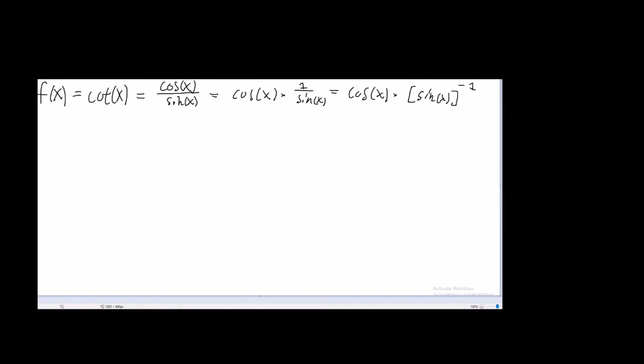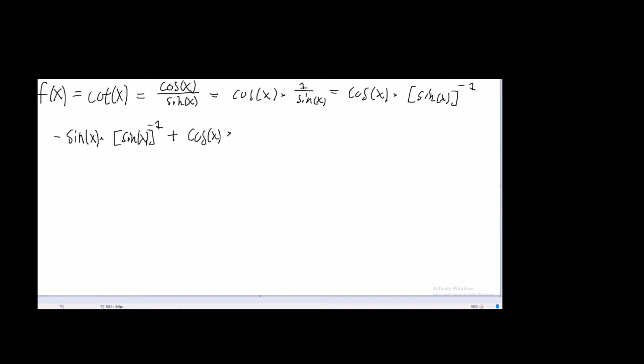So this is equal to, first take the derivative of cosine of x, that's negative sine of x multiplied by this as it is, sine of x to the negative 1 power, plus cosine of x